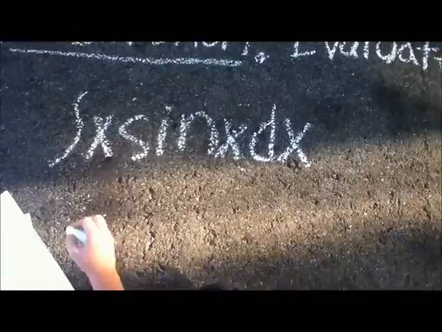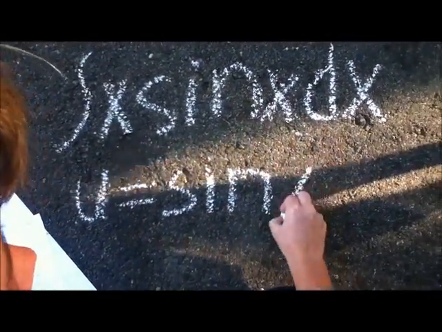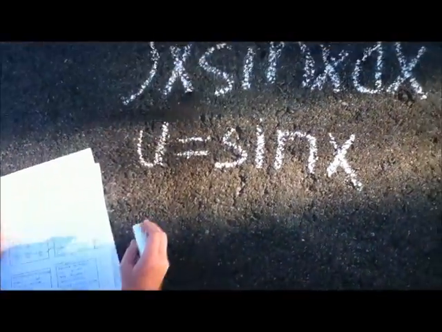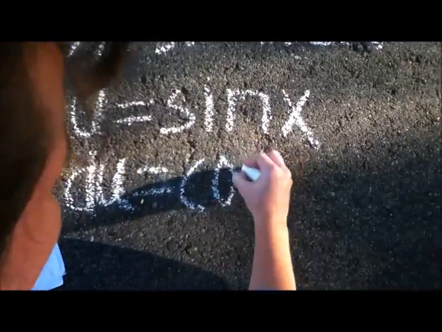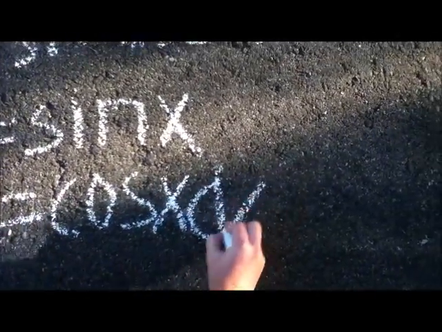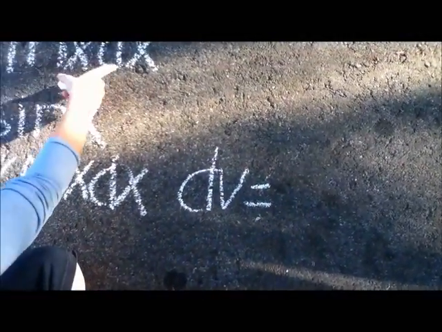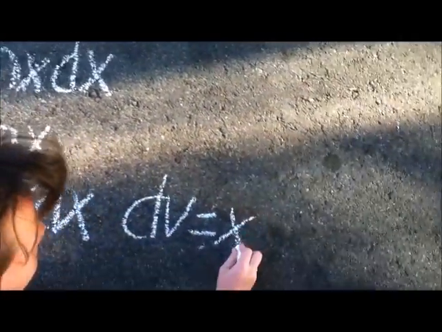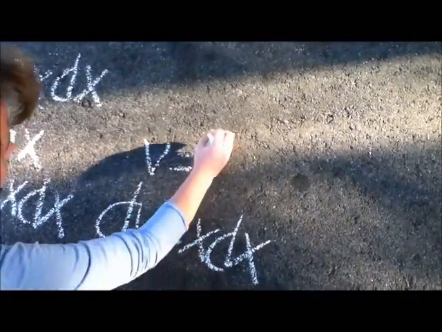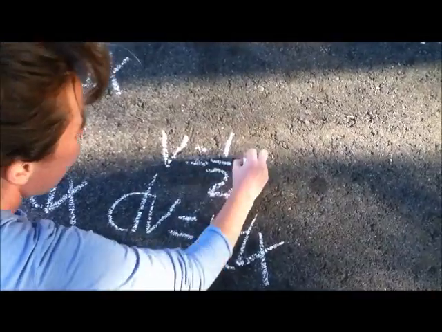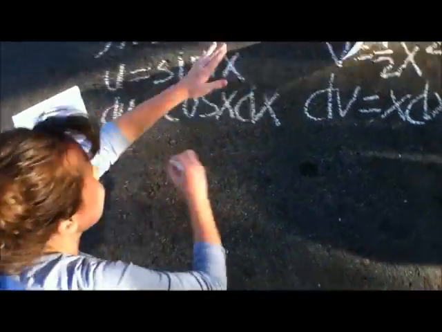Now, I'm going to choose u to equal sine of x, which makes du equal cosine x dx. Then that means dv is going to equal x dx because that's what's left over in the integral. So v will then equal, anti-deriving it, 1/2 x squared. Now using the equation,